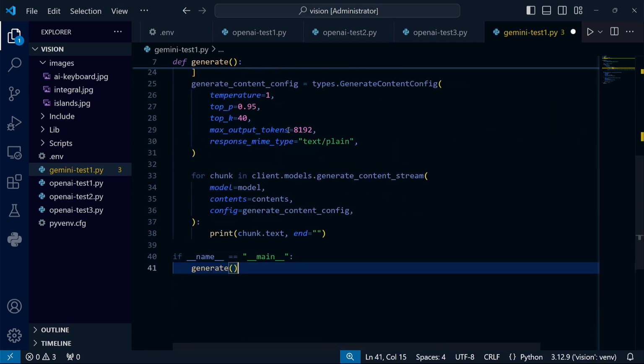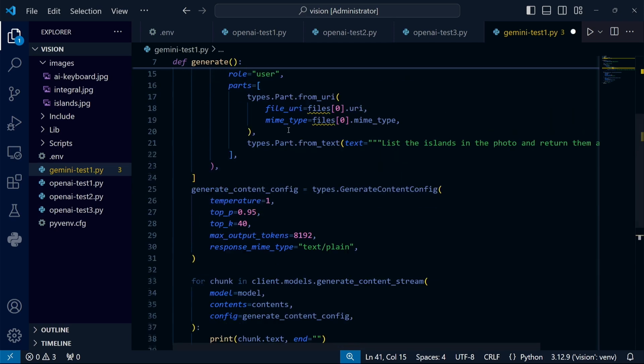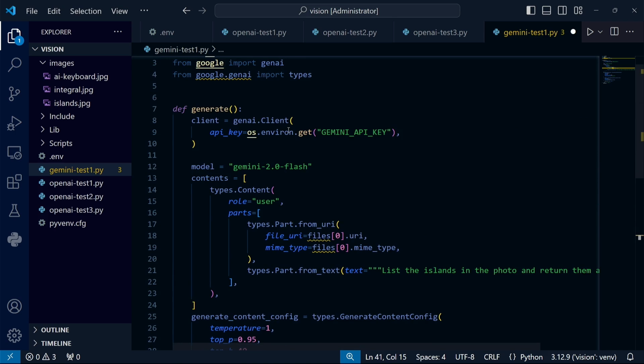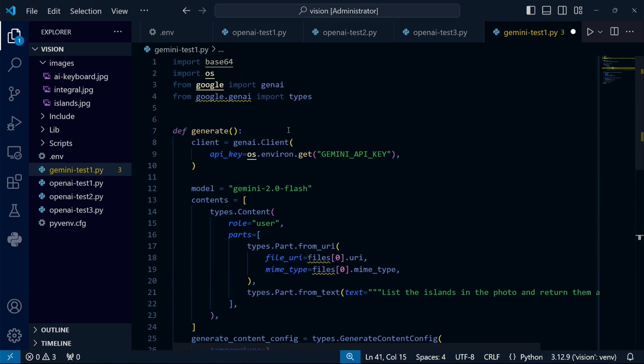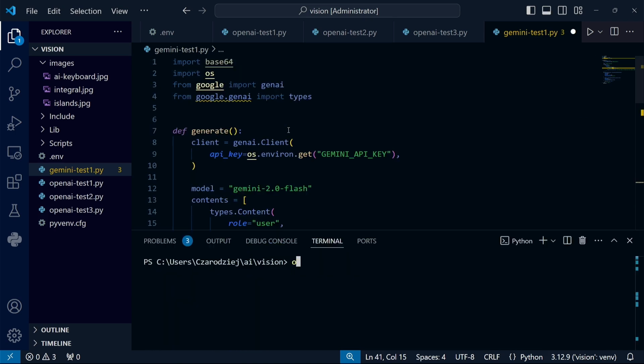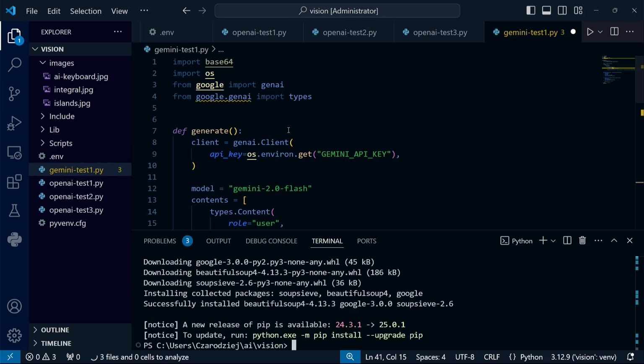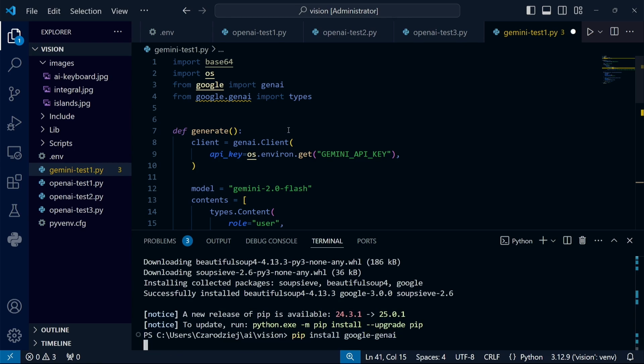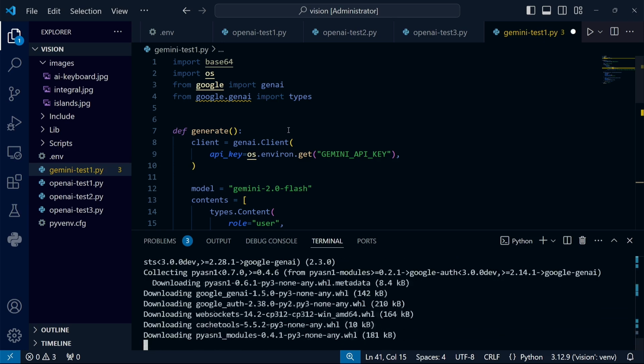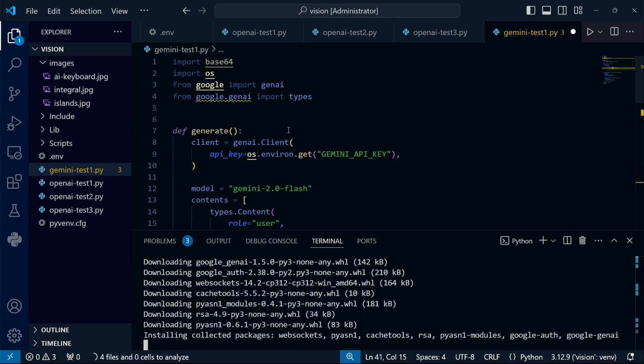As I browse through the rest of the code, I don't see anything else suspicious. Yes, it looks rather okay. First, I'll install any missing packages and then I'll handle the files. We don't need to worry about encoding images to Base64 because the Google library already provides that functionality. So, there isn't much that needs changing. Installing these libraries always takes some time because there are many dependencies and functionalities that we don't use for such simple examples.